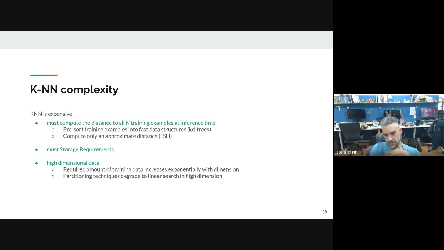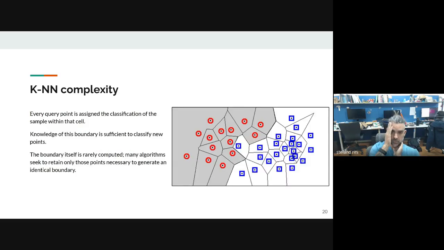Of course, these implementations suffer both from the dimensionality of the data set and the dimensionality of the data that we're using. And so people have to come up with some smart techniques and partitioning techniques to do this. For example, if you are doing classification between two classes, the red circles and the blue squares, then it's clear that we just have to keep track of the boundary between these two regions. So we could try to split this up, storing only the points that are meaningful in order for us to draw the boundary between the two classes.